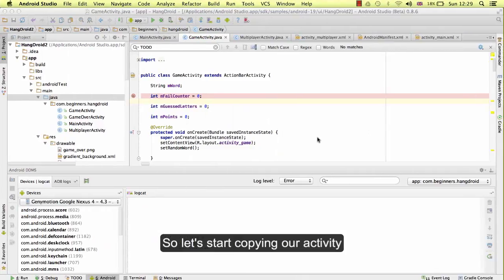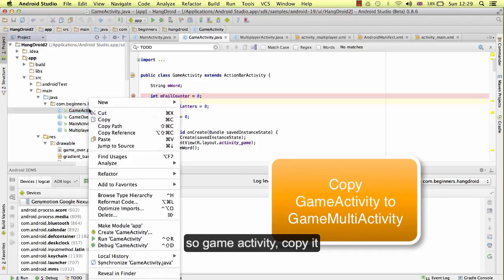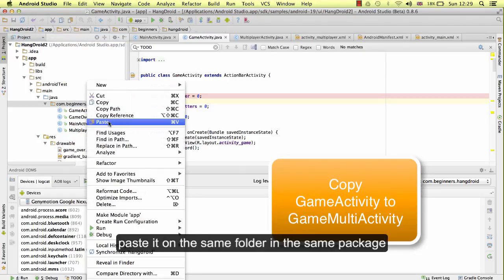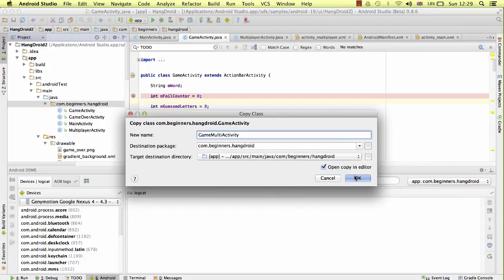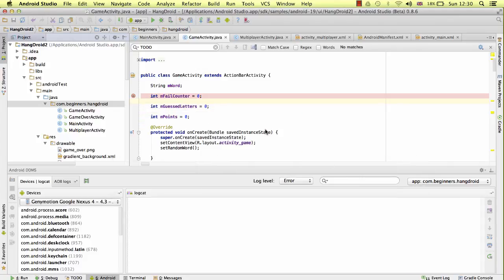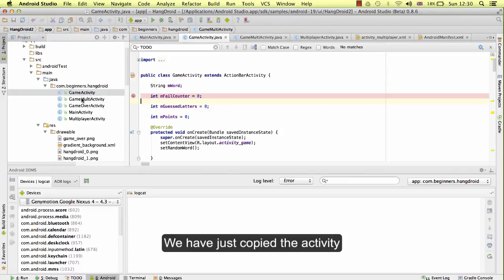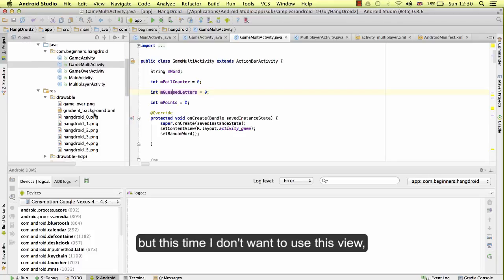So let's start copying our activity. Game activity, just copy it and paste it in the same folder and the same package. The name is going to be game multi activity. Okay. We have just copied the activity, and this activity is using the view from the activity game, but this time